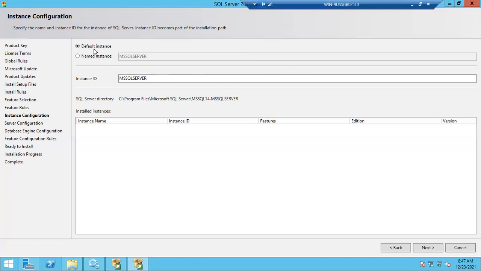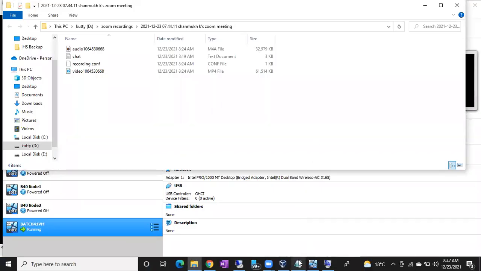Right. So default instance, named instance. A default instance simply won't ask us for a name. It will take the server name as the SQL Server name. A default instance will simply use the Windows machine name. This is my Windows machine name. So for a default instance you can connect using the Windows machine name. For a named instance you have to give a separate name. Okay, guys, remember one thing. How many instances can I install in a Windows machine?